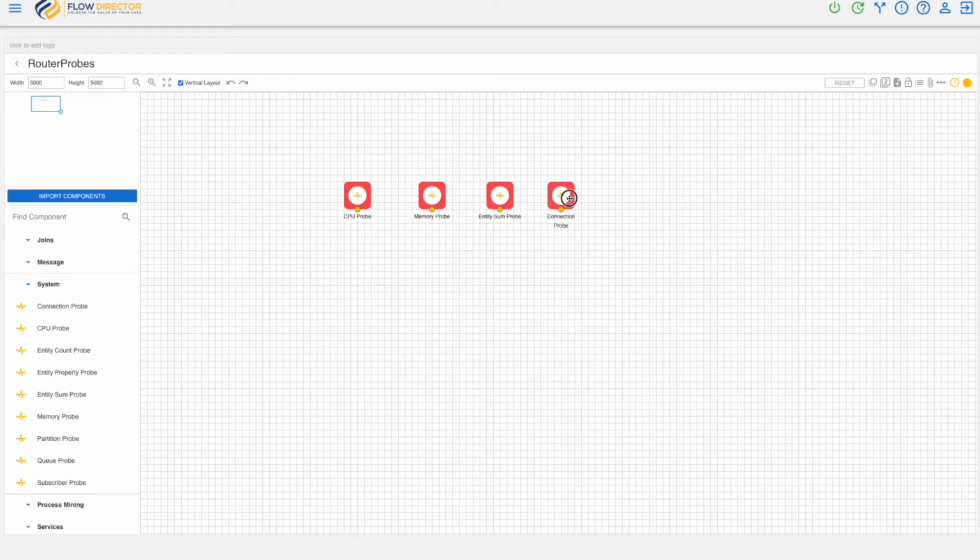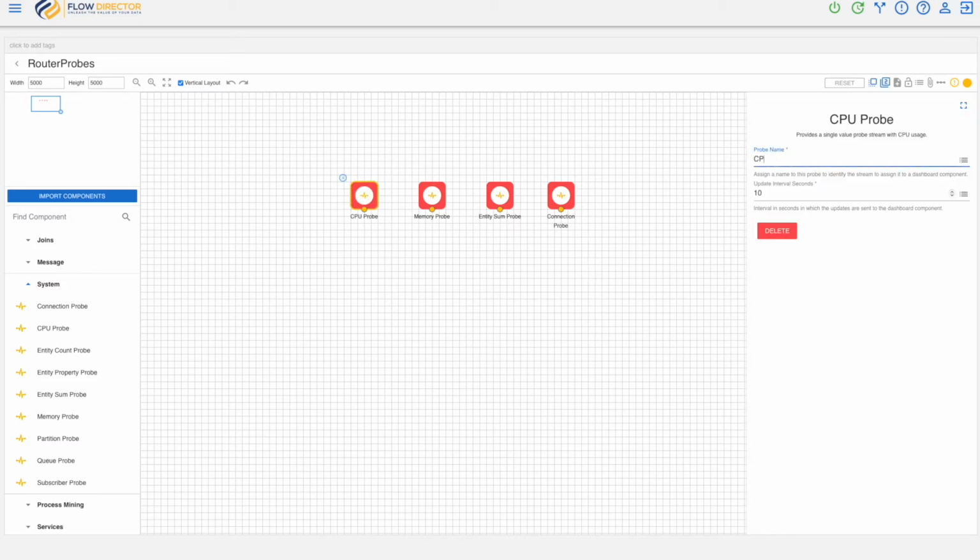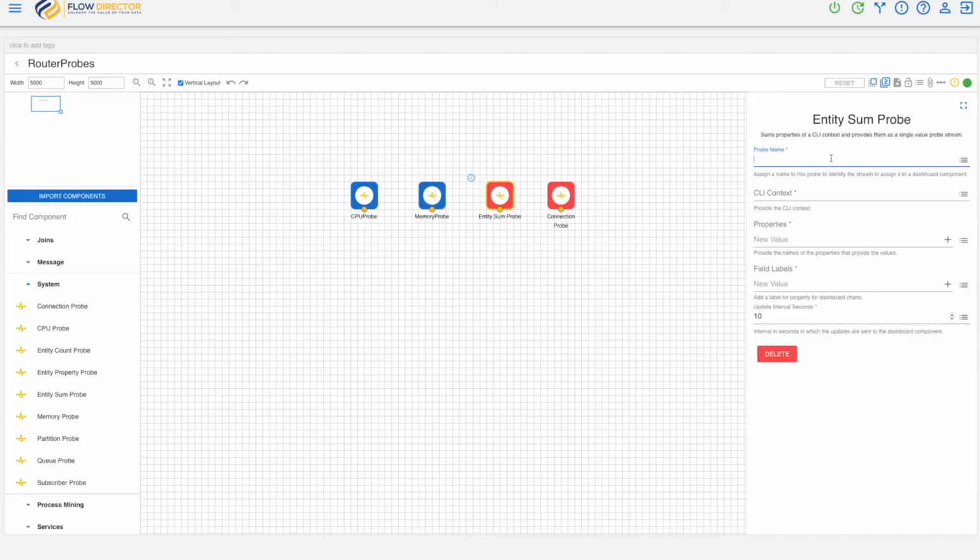So these probes do everything internally. You just have to configure it and give it a name. The CPU probe returns the CPU percentage of that router. A memory probe returns free, max and used memory, and this entity sum probe connects to a CLI context of the management tree and sums a property you specify. So in that case, message count, we use the CLI context